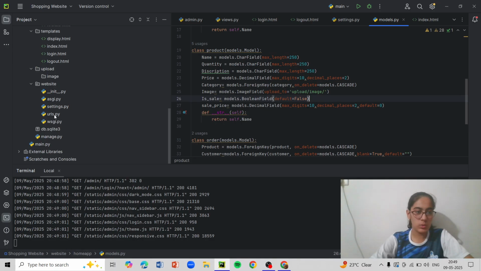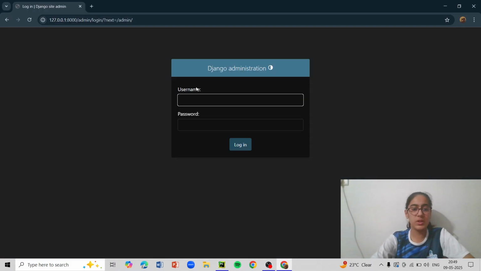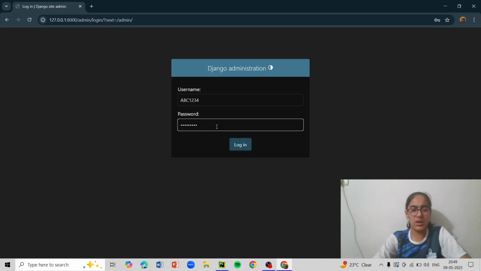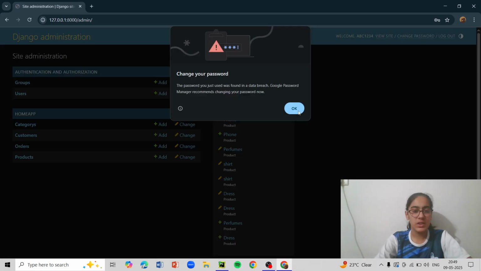I'll open that up once, main.py. Now this is my username and email. You cannot copy it because you don't have this device, so I don't mind. And this is password 1. These are simple passwords which do not matter right now. I can add any password and it will still work, so it's not a secured website, right? Now you see, there's a data breach. So every 2 days someone is using this password.